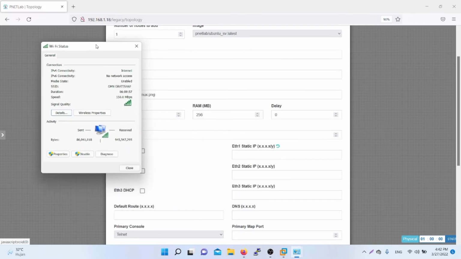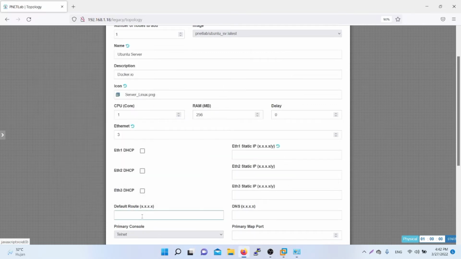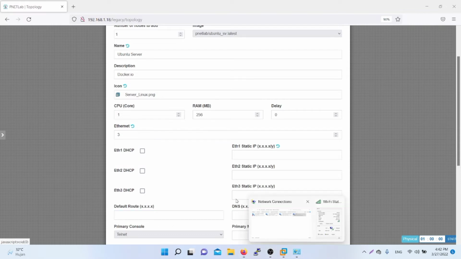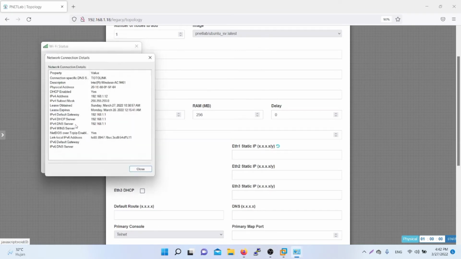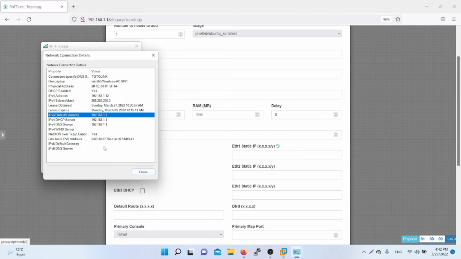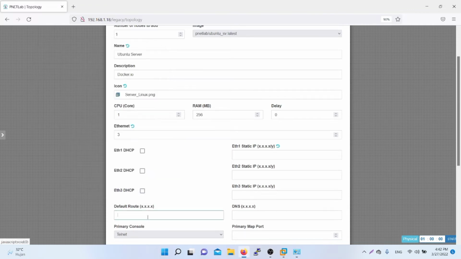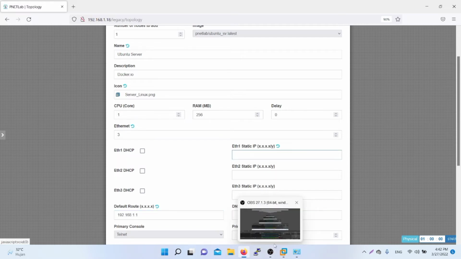And because of that, for the default route I choose the same as the IPv4 default gateway, and that is 192.168.1.1. For static Ethernet 1, we choose the same network, but not the same in the last part.